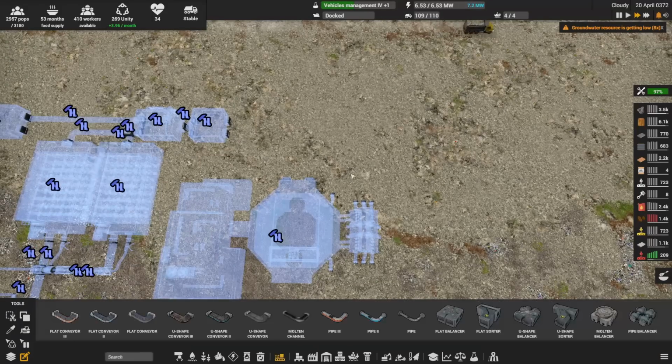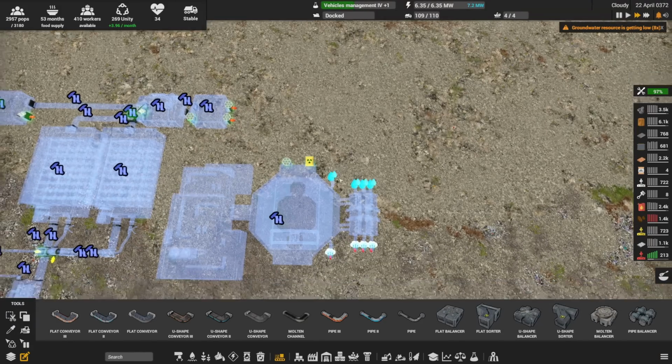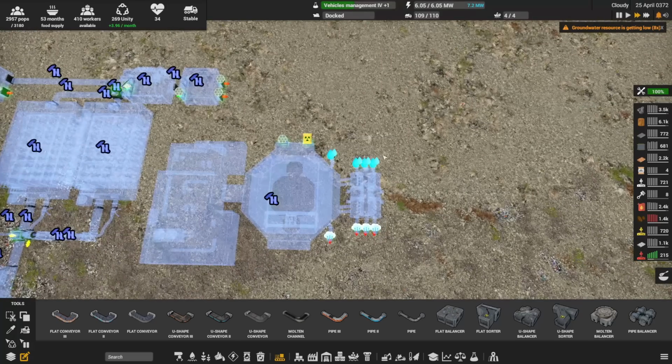Right, let's talk about this. This is going in and this is going out. Why do we have several different ones here? These 3 are the primary inputs and outputs. This one out here is the emergency inputs and outputs. That means if you can't get rid...